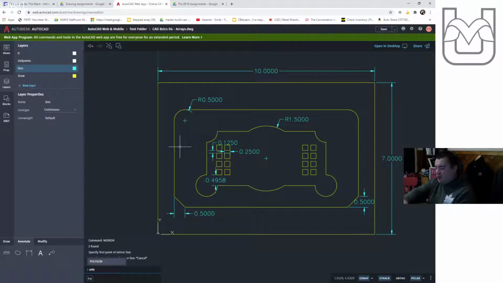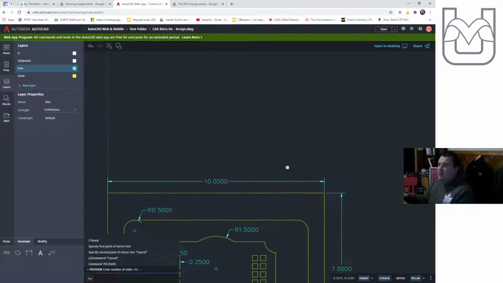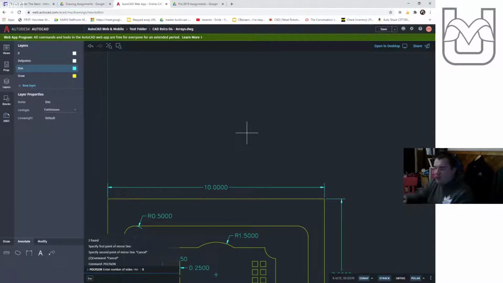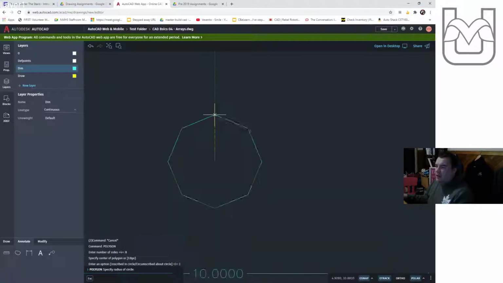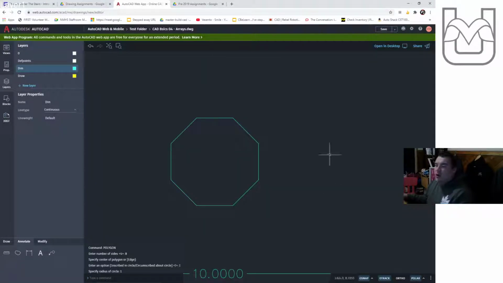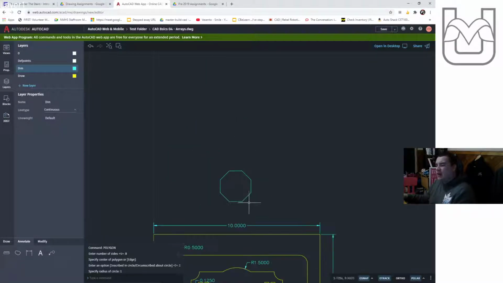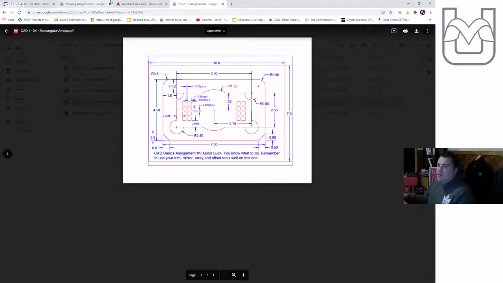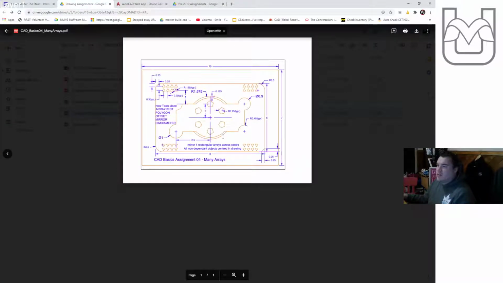So if we go polygon, okay, we can actually create the polygon tool and we can enter the number of sides. So if I want to make a polygon, let's say I want to make an octagon, I can specify 8. Okay, I can specify the center of the polygon and I can make it inscribed in a circle, and I can actually define any of the parameters. You know, if I want to make this a radius of 1 on my polygon or on my octagon, I can. And that's actually going to make the rest of this drawing here really easy for the triangles and the